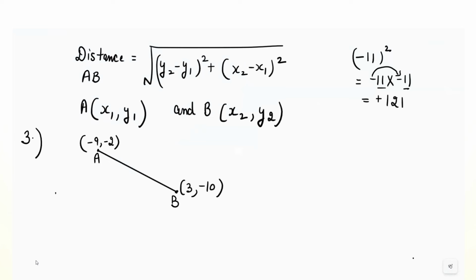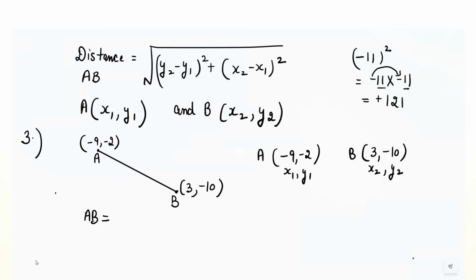Now in this question, we have to calculate the length of AB, which is a line segment where they have already given us the points A and B. So we have to use the same distance formula to calculate the length of AB. For that, we will consider point A as (x1, y1) and point B as (x2, y2), and then we apply the same formula. We write AB is equal to, you can write AB or the length of AB is equal to